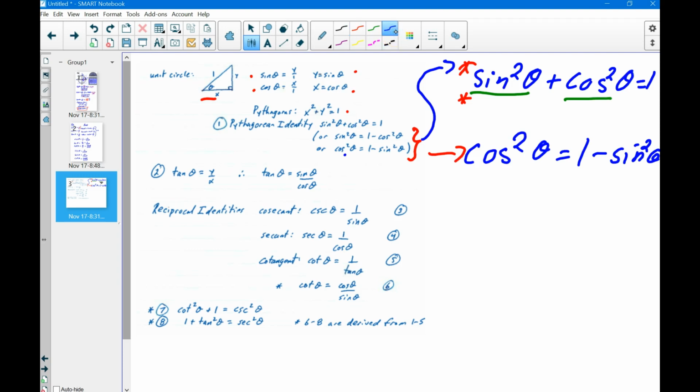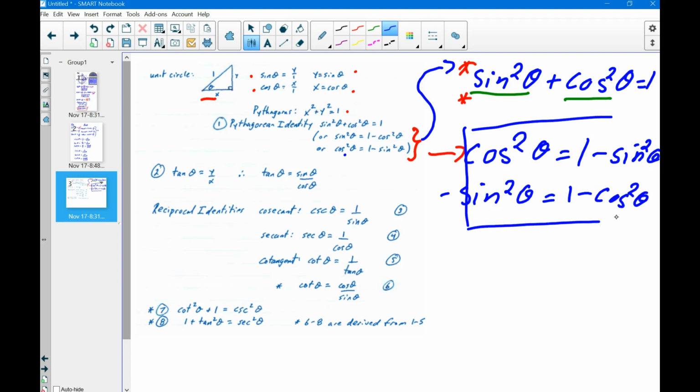And the same goes for sine. So we can have sine squared theta equals 1 minus cosine squared theta. So now we have more rules. They're not really rules. They all came from Pythagorean theorem. Now, thinking about trig identities and solving them and proving them, you've got to keep in mind